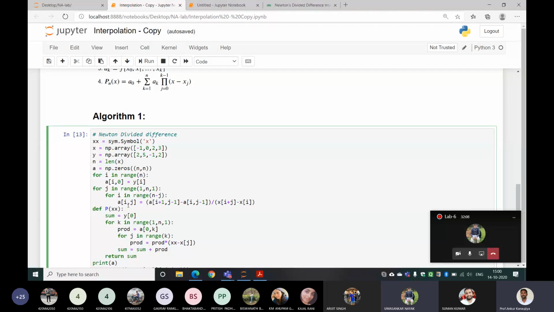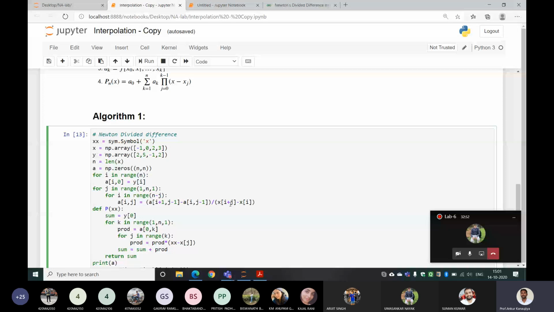So now in the divided difference table, once you get this, then this summation and this product will give you the final answer. If you are calculating at the jth column, you have to take the difference between the j minus 1th column, i plus 1 minus i. If you are calculating in the 6th column, you need the value in the 5th column. So at the jth column, use j minus 1, then take the difference of consecutive values a i plus 1 minus a i, divided by x i plus j minus x i.